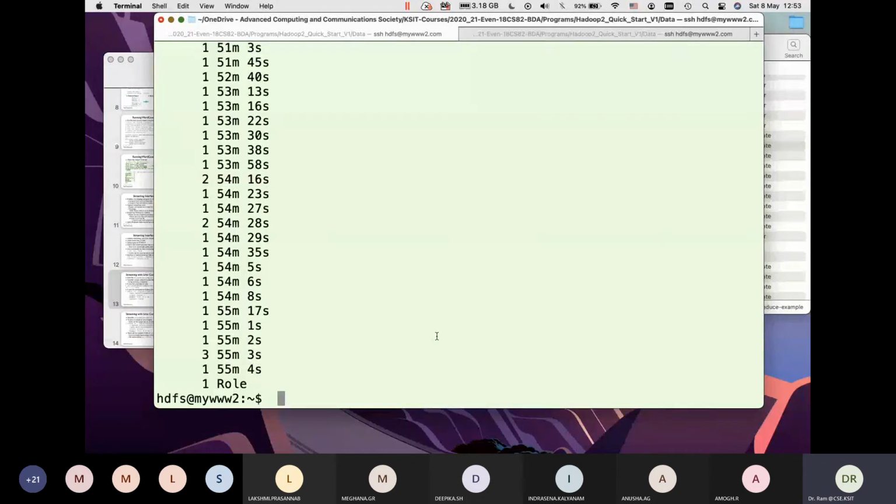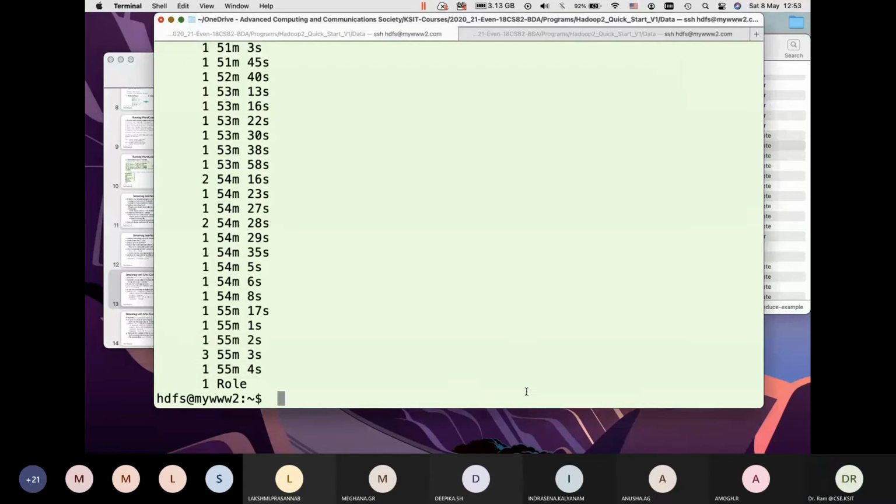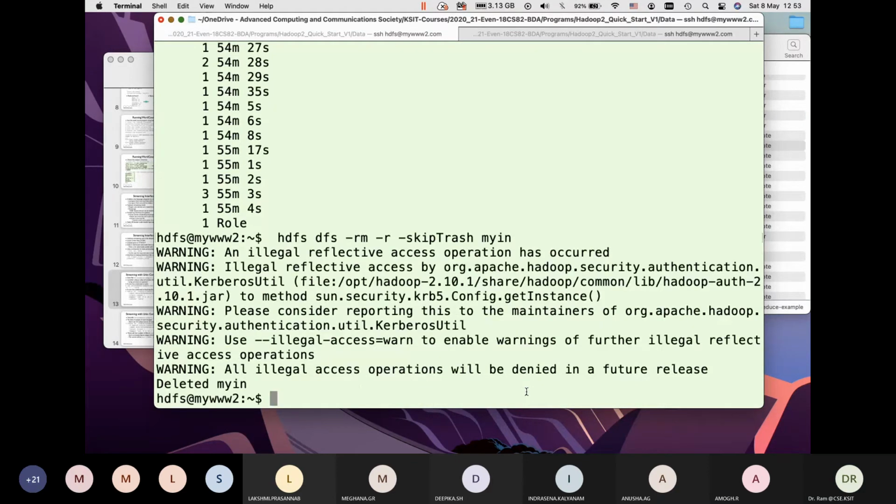I'll make sure I remove, let's say it is there in my in directory. I'll create that directory now.